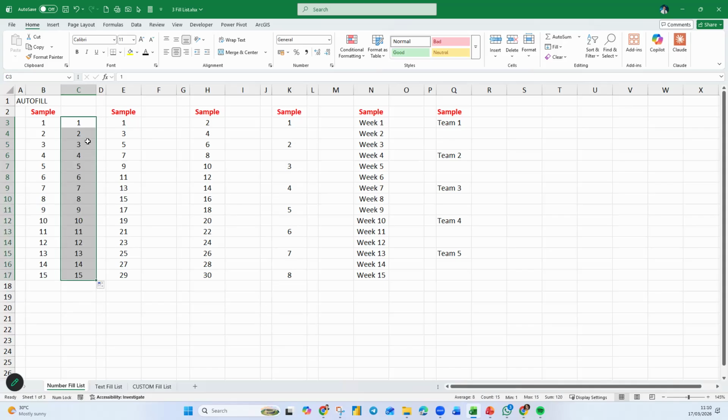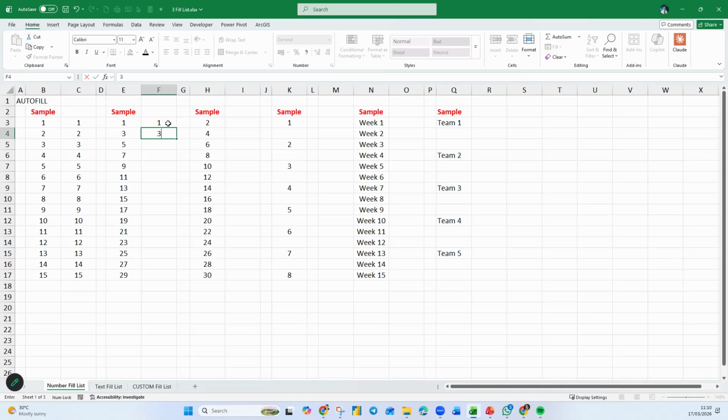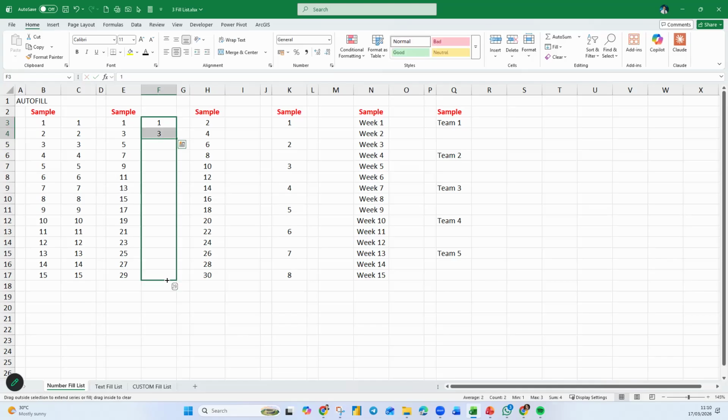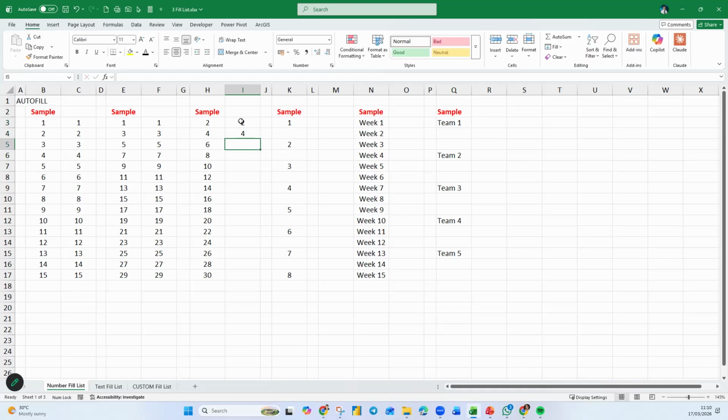So don't type yourself, what I'm trying to say. Now, this is a sequential number where you have 1, then 2, then 3, then 4. What happens if you want all the odd numbers? So you type 1 and 3. So you highlight 1 and 3, you pull it down. If you want all the even numbers, you put 2 and 4. You pull it down. Now, you don't have to pull it down if you have a reference on the left or right. If it is on a standalone column, then you have to pull it down.